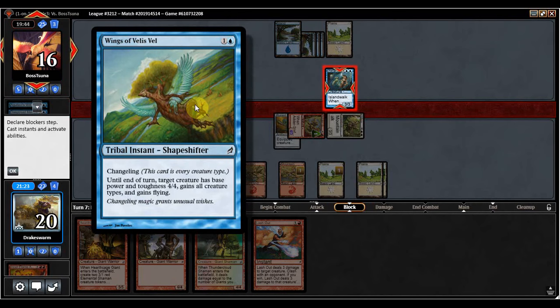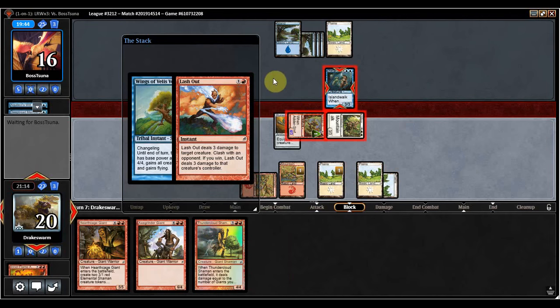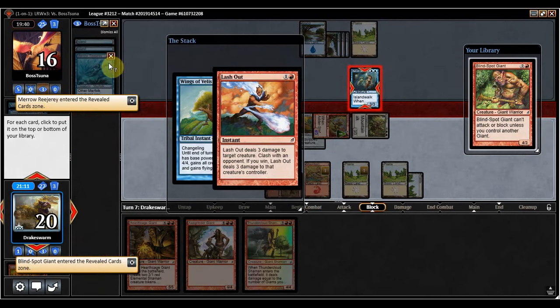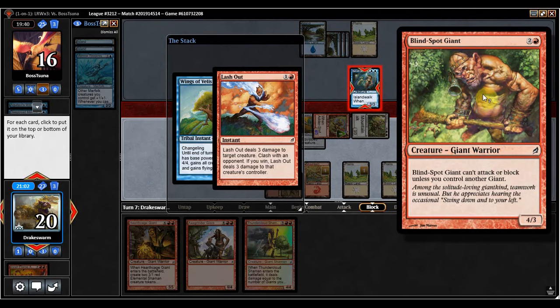Wings of Velis Vel. 2 mana. Until end of turn, target creature has base power and toughness 4/4, gains all creature types, and gains flying. Well, let's try to Lash Out in response. This was in Modern Masters 2, where it was basically unplayable. Alright, so they revealed Marrow-Gnawer, Merfolk Lord. Whenever you cast a Merfolk, you may tap or untap a permanent. That's very strong. I revealed Blind Spot Giant,